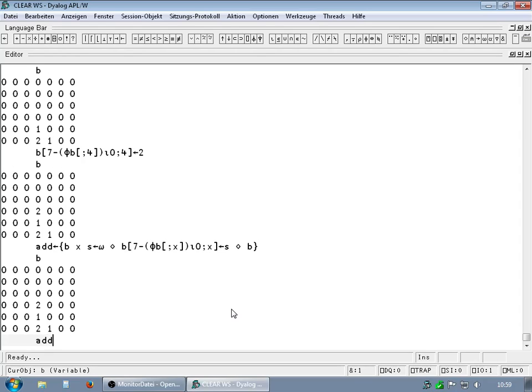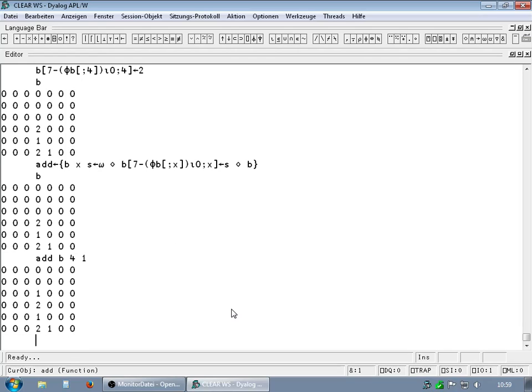So add board for 1 returns this. Okay, so these are